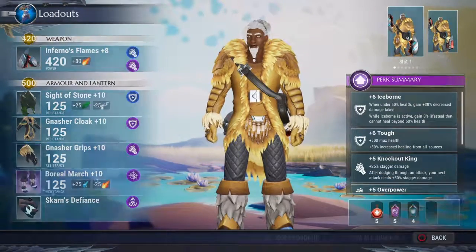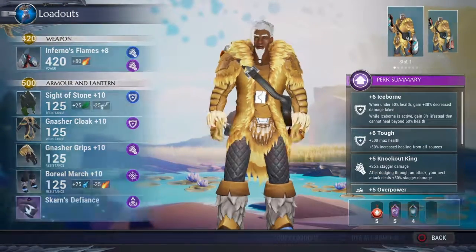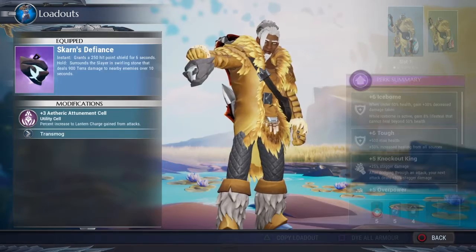And then I use the Boreas feet with a Cunning Cell. Now you could switch that out, but crits do help. And I use the Skarn Defiance with Aetheric Attunement, just because